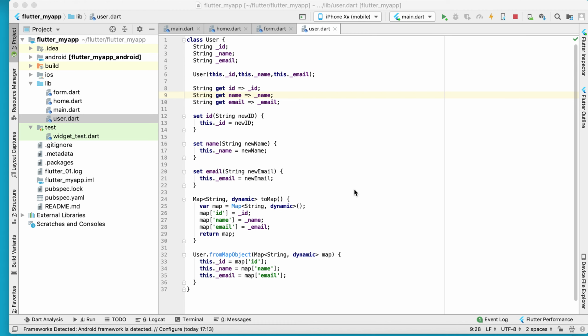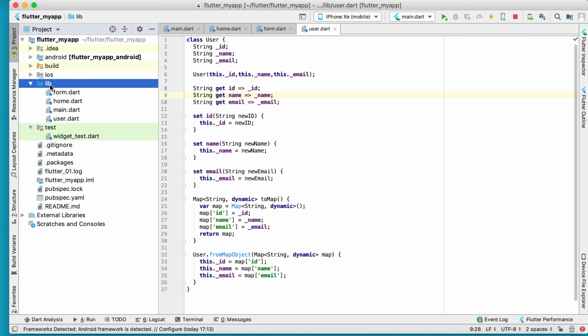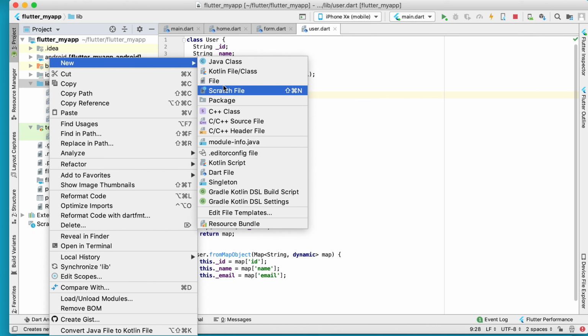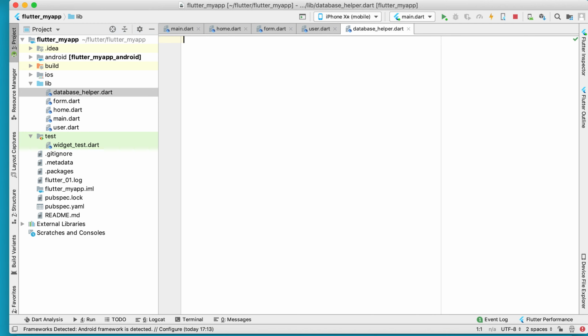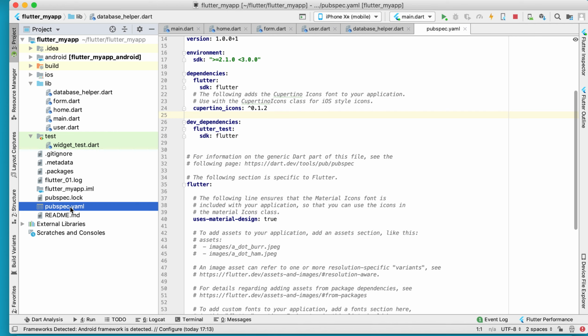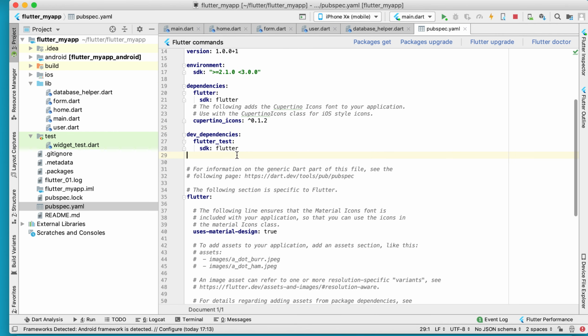Next step is how to create a database connection to SQLite. So what we need to do is create a new file, a file called database_helper.dart. Okay, before that you need to open this file, and from here you need to write sqflite